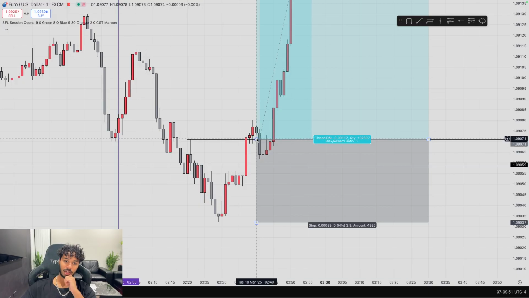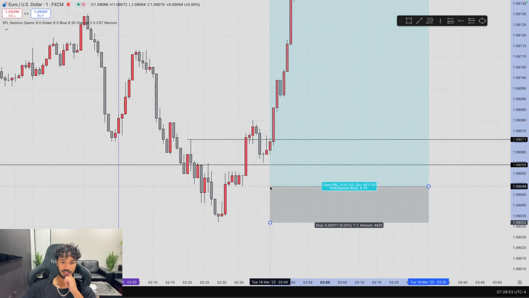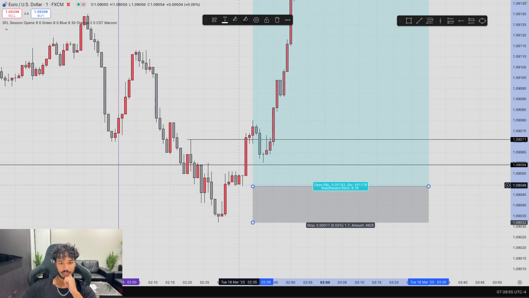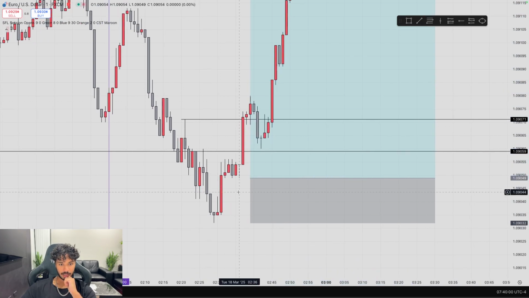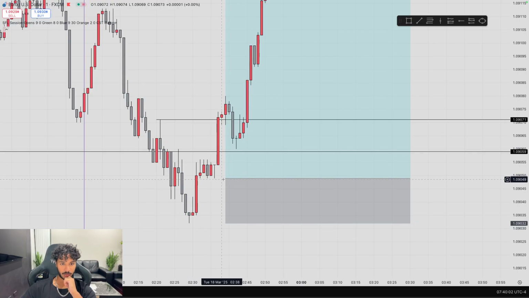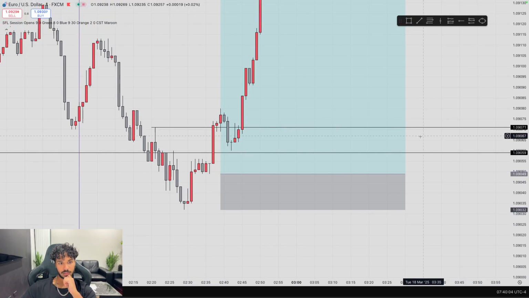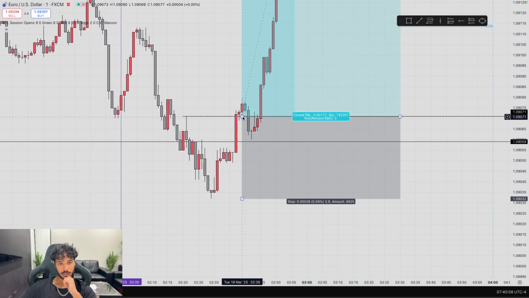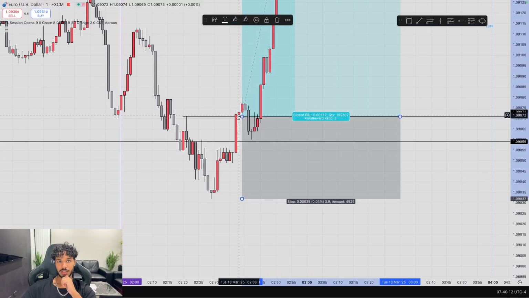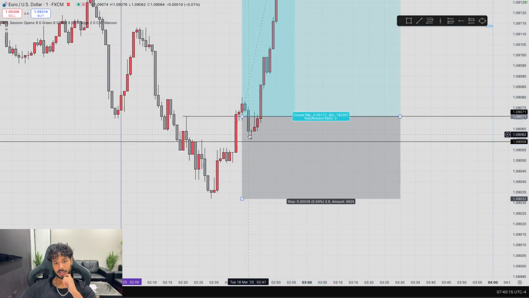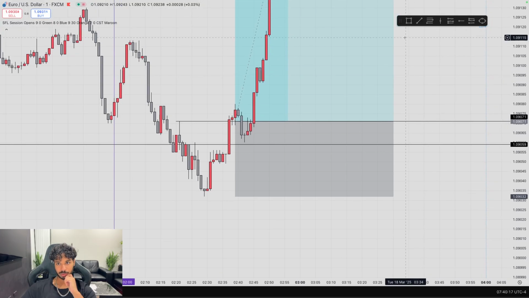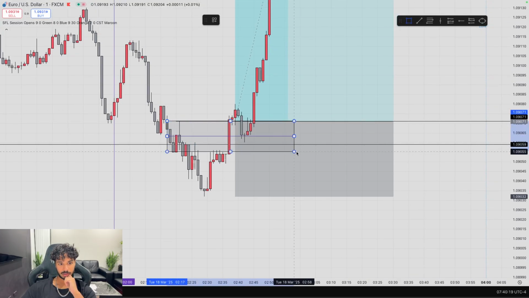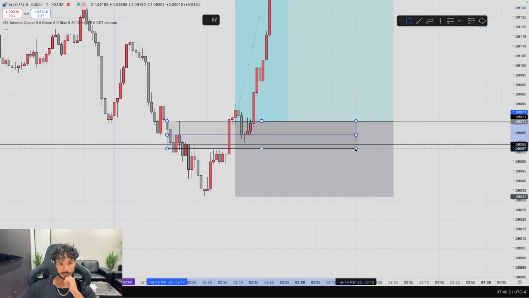Let's say I place my entry in this imbalance below, you can see that it didn't get hit. Price created these equal lows, but it didn't retrace into it, so it would not have been tapped in. So what I usually do is leave my entry on the breaker block, sometimes on the body, sometimes the wick. Today it was the wick, and the crazy bit is the body literally got hit. You see, the entry was actually perfect, bro. Like if you mark out the whole breaker block,